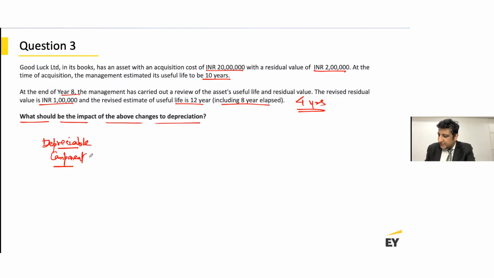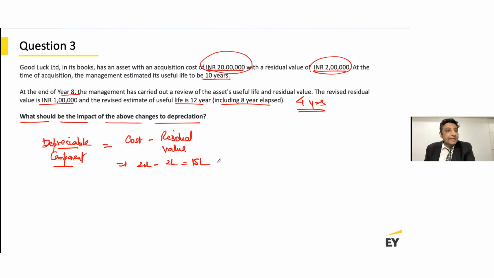Are we depreciating the entire asset's value, or are we considering also the residual value for that? Well, by the way, we do consider that, which means that I'm looking at the cost of the asset minus the residual value, and that gives me 20 lakhs minus 2 lakhs, which is 18 lakh rupees. Now, this is what is going to be depreciated over the expected life of 10 years, right? Which means that my annual depreciation